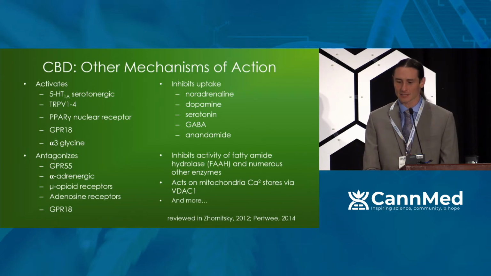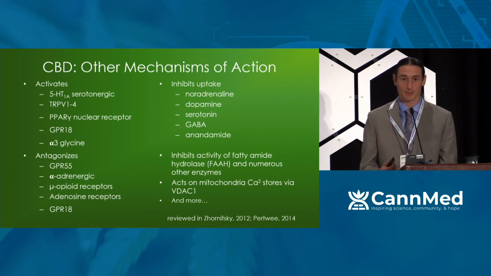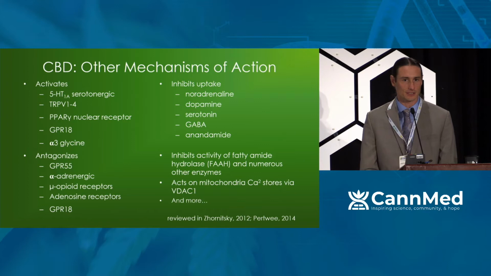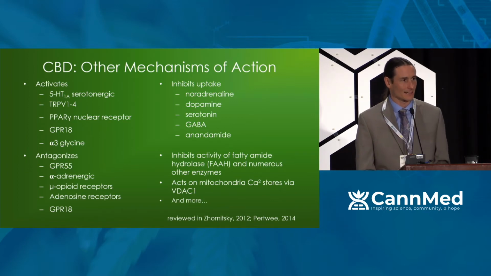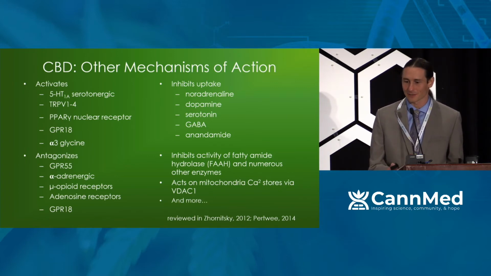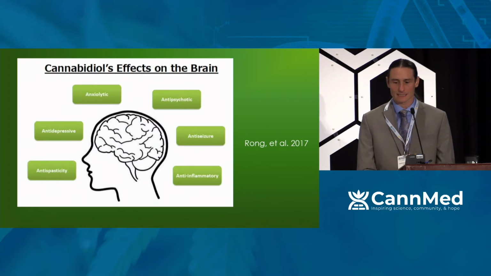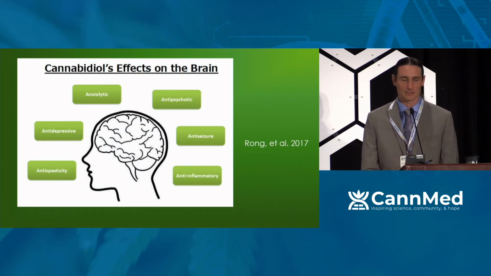And then CBD also has activity in the mitochondria, which is interesting. We didn't have time to mention it this morning, but the mitochondria have cannabinoid receptors as well. And so much of medicine is now starting to look at mitochondrial function as a major player in neurologic illness and chronic disease. And I think the cannabinoid system has some things to offer us there. But to tie this all up with CBD, we see these antispasmodic and anxiolytic and antidepressant and so forth, neuroprotective effects, just a basic summary slide.